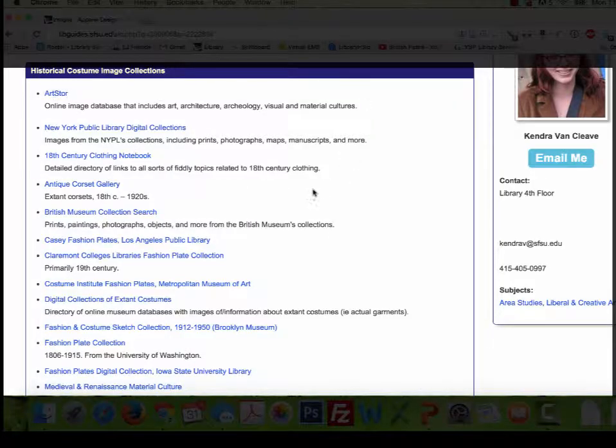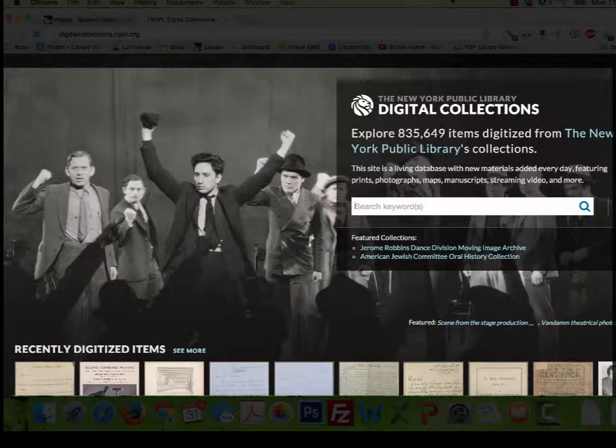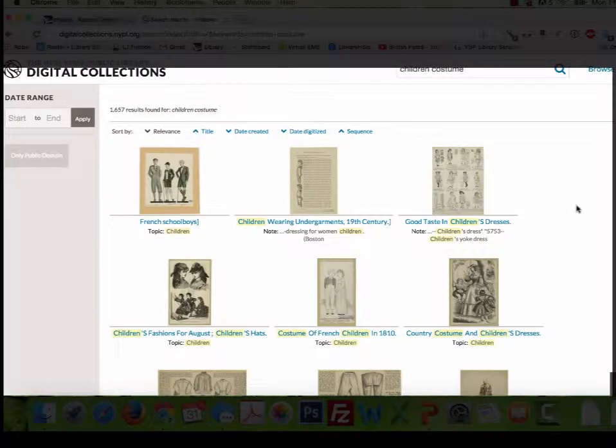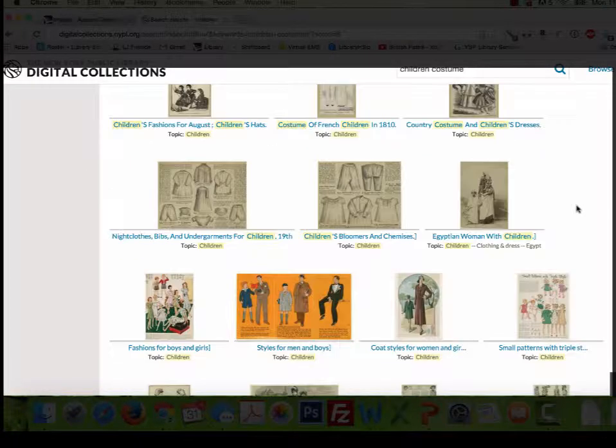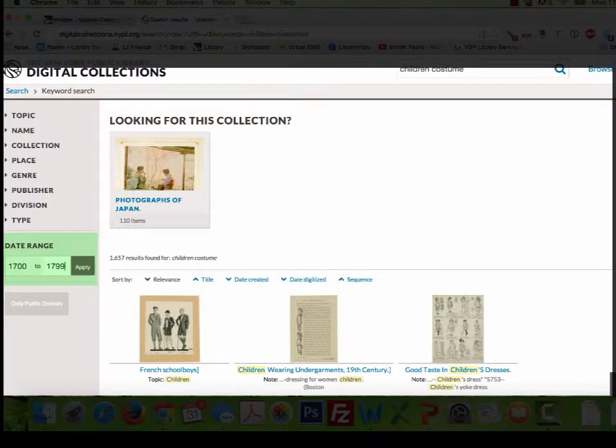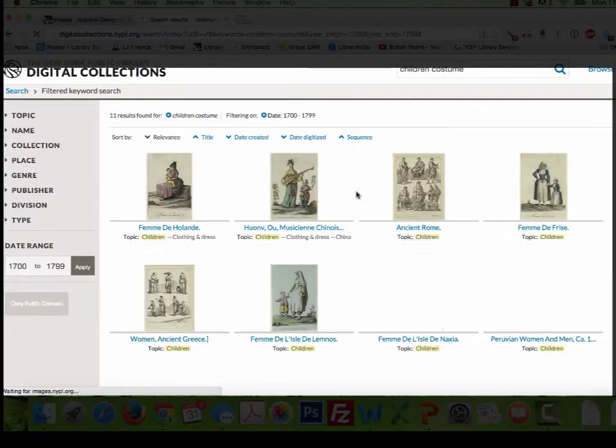The other database I want to mention is the New York Public Library Digital Collections. This is a great collection of photographs, prints, fashion plates, paintings, all sorts of different images, many of which feature people wearing costume. We can search for a general search like children and costume, and you'll see all sorts of interesting results come up. Here are some fashion plates, advertisements, all sorts of things. Notice on the left that you can put in specific dates, and that will really help focus down in your